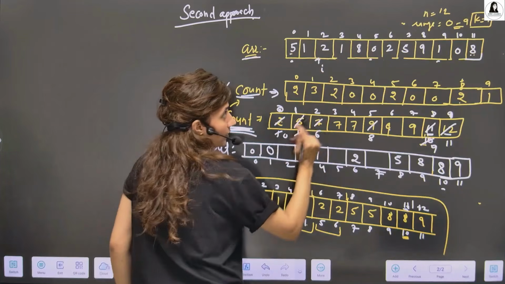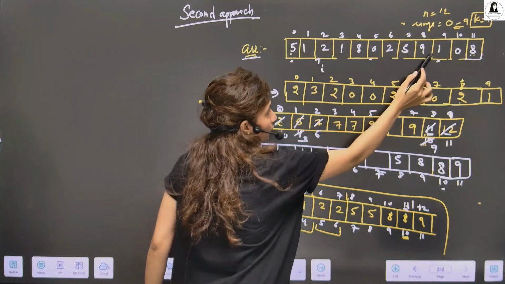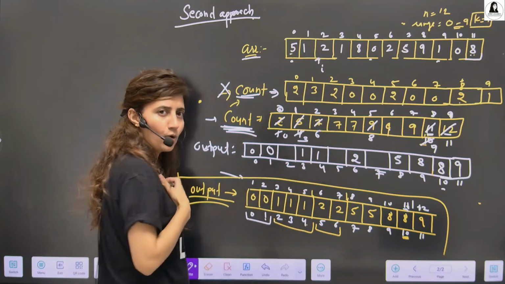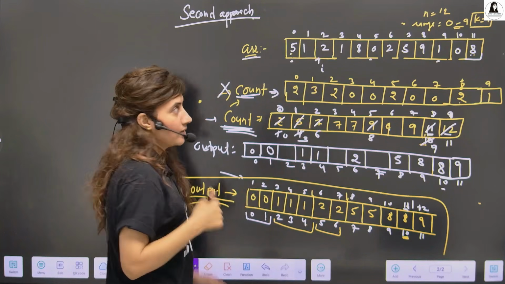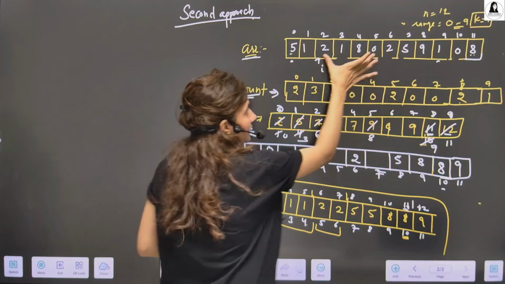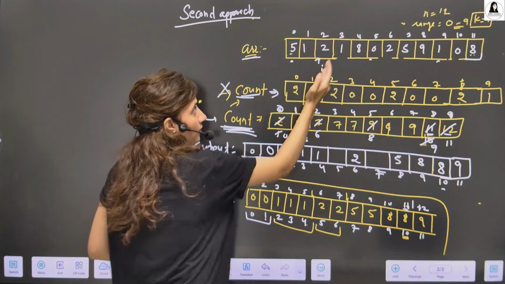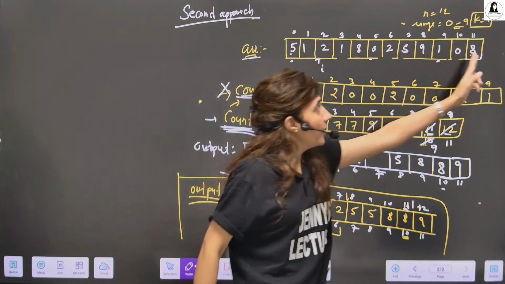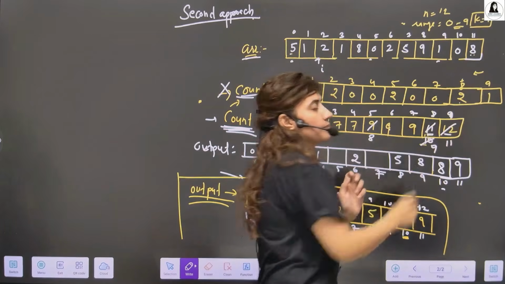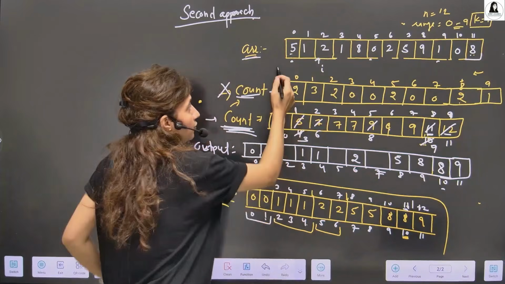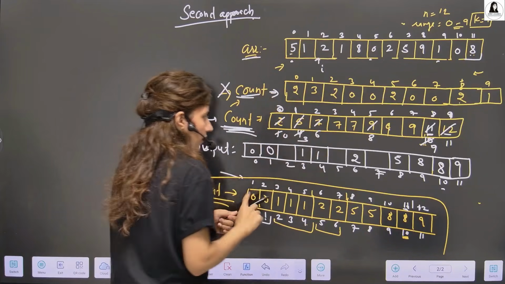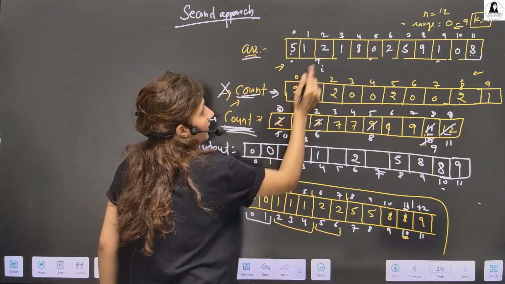Now see the relative ordering. These 1, 1, 1: at first we put this one here, then this one, and then this one. So that's how this is stable. In which order these 1, 1, 1 are there, in the same order we are putting them. First this one would come, then this one, then this one. That's why basically we are traversing from here to here. If you traverse this from here to here, what do we do? First complete this, then I'll check this.